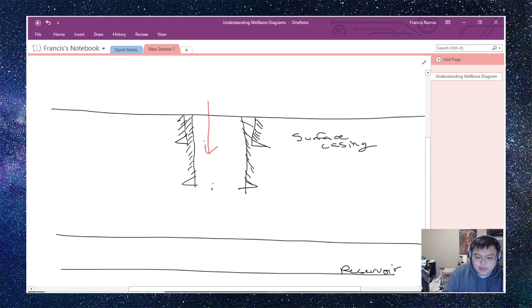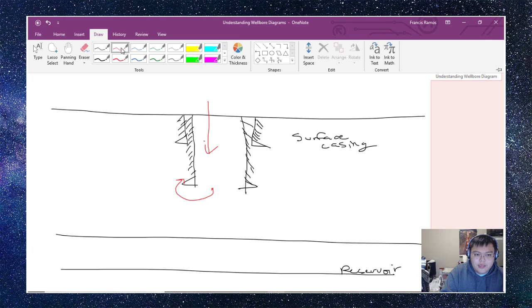you inject cement from the casing, and it goes like this to outside of the annular radius. I don't know if that makes any sense. Think of this as like a long cylinder, two cylinders in between each other. So you have cement being pumped down to the annular side, and